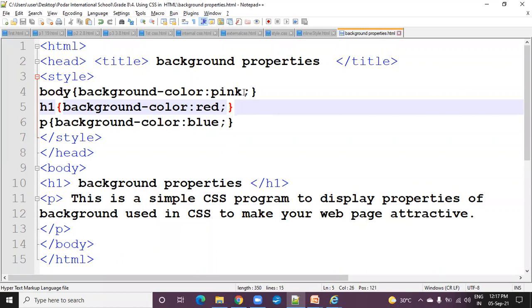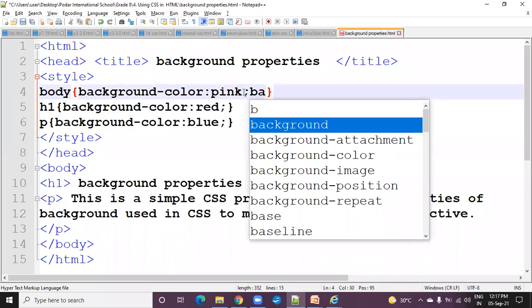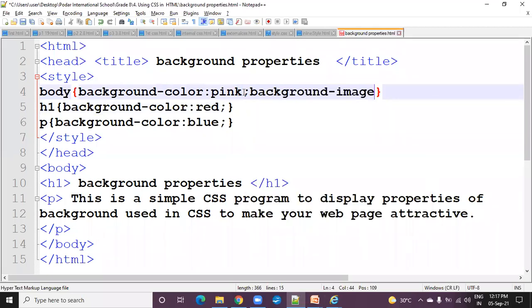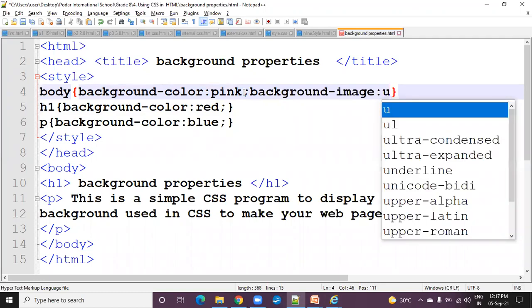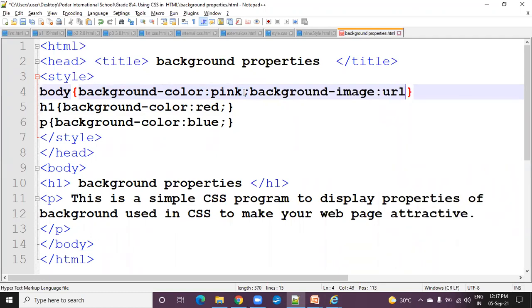So that time what should you have to do? Take a property of a background image. Request to everyone, put your image and the HTML file on the same page. Now how can you write down the URL? First of all, you have to write down the background image, then colon, then url, in a bracket, double quote, write down the name of the image. For example, I'm taking the